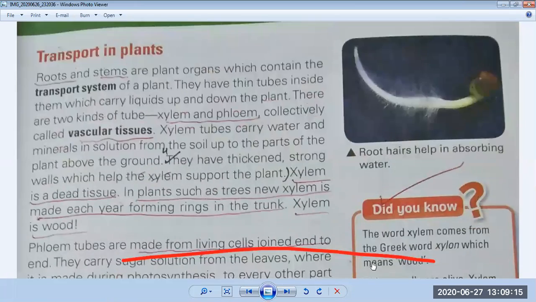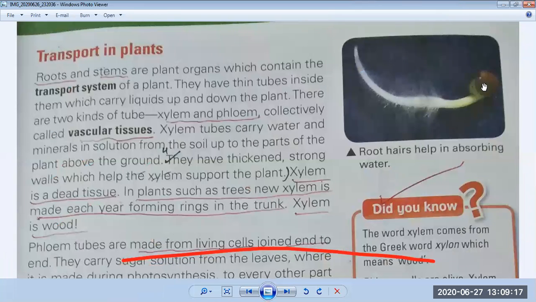Okay, beta, you can see this diagram is given in your book. You can see this part is above the ground. Under the ground there is a root. This root is going inside the ground, and from the root the root hairs are extended, and these root hairs start from the root tips. So these root tips are covered by root caps. They play a very important role inside the body of your plant, and because of that all the minerals, water and other things are transported in the body of a plant easily. Okay, I hope you understand it. Now come to the next page.